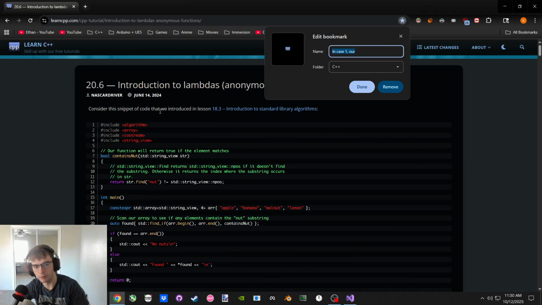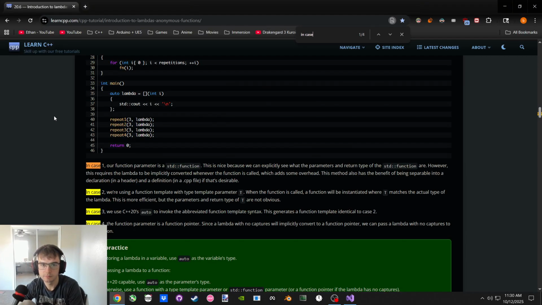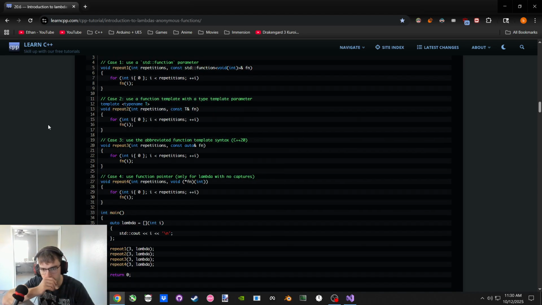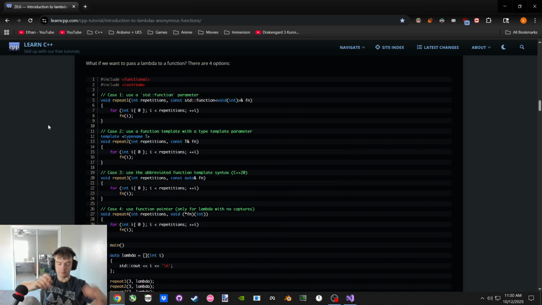So I'm just going to continue where we were on lambdas. In this case we had different versions, not overloads because they have separate identifiers. We have a lambda, and the point is that we want to create functions that we can pass the lambda to. We can't make all four of them overloads because then we get an ambiguous match, because all four can accept it. But we can make them 1, 2, 3, and 4 separate identifiers and then call them and see how that works.